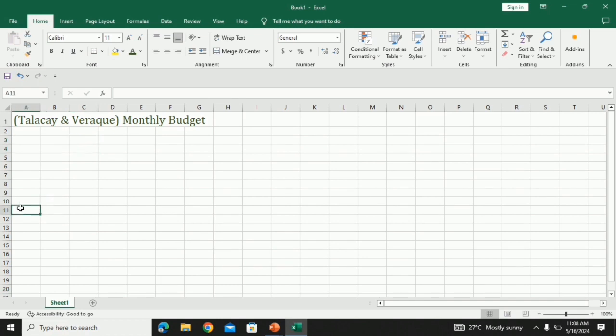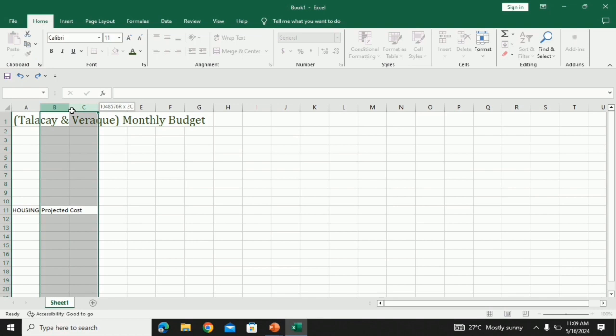Click here and input housing, and your projected cost in column B. To adjust, just double click there.